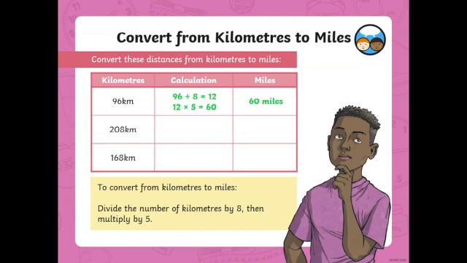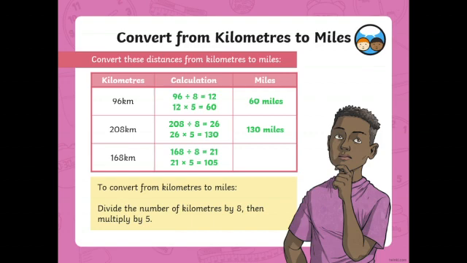So pause the video again, have a go at those bottom two, and then come back when you're ready for the answers. 208 kilometres then. So we're going to divide that by 8, which gives us an answer of 26. Multiply that by 5 is 130 miles. And then the bottom one, 168 divided by 8 is 21. 21 multiplied by 5 is